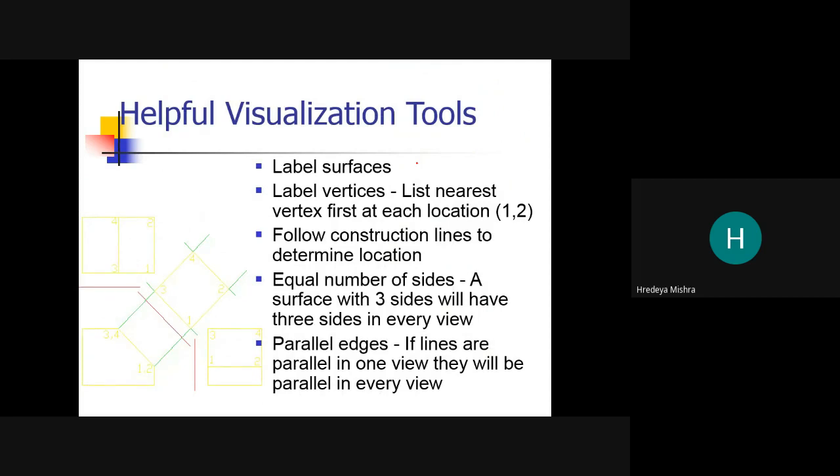Now think about that. Label the surface, label the vertices, list the nearest vertex first at each location. 1 and 2. See, 1 and 2. Follow construction lines to determine the location.